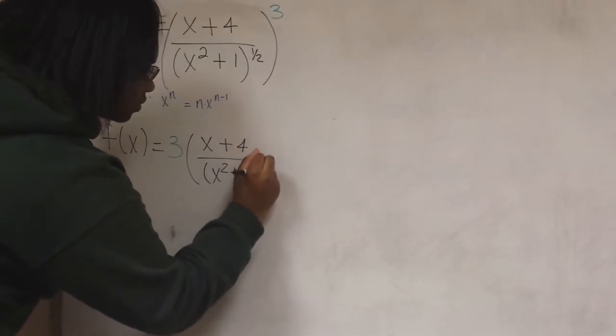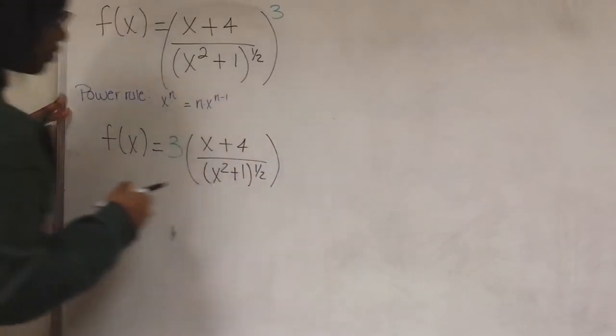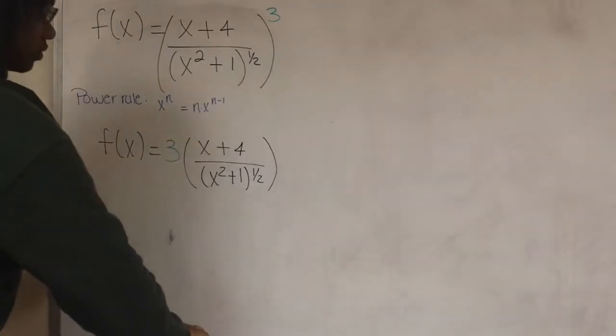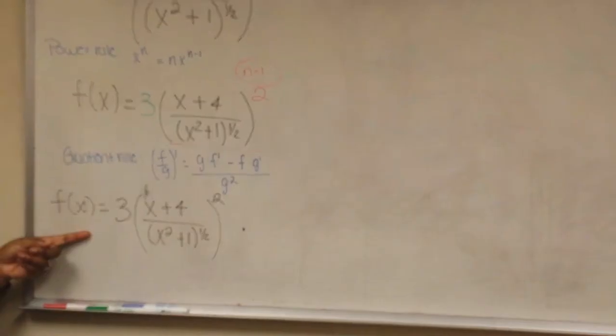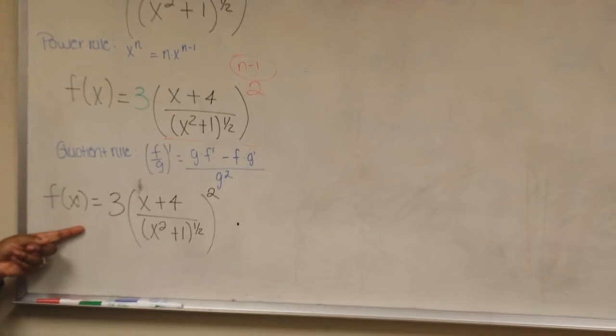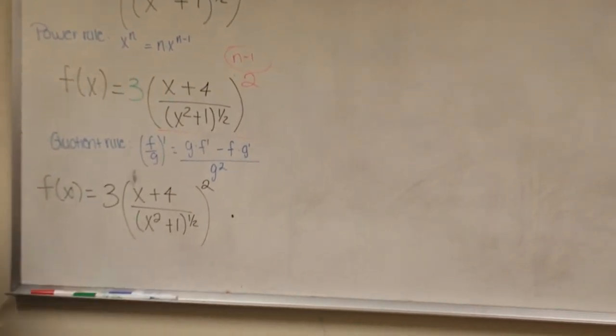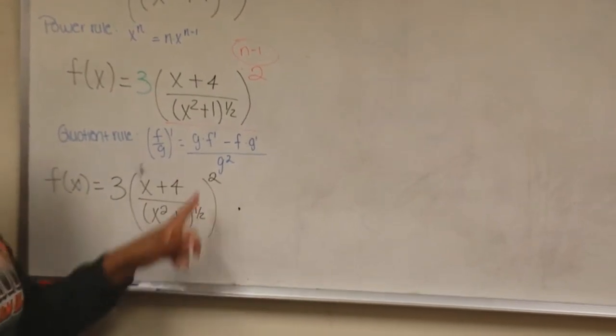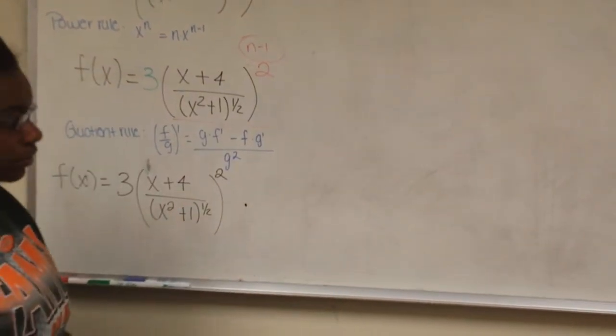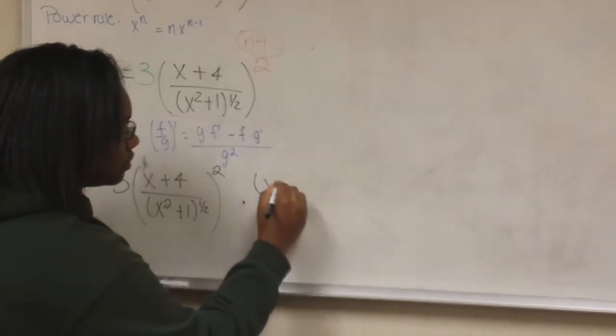And then afterwards, we have to do n minus 1 for the exponent, and that will simply equal 2. Equals 3 times x plus 4 over x squared plus 1 to the 1/2, all to the second power, times